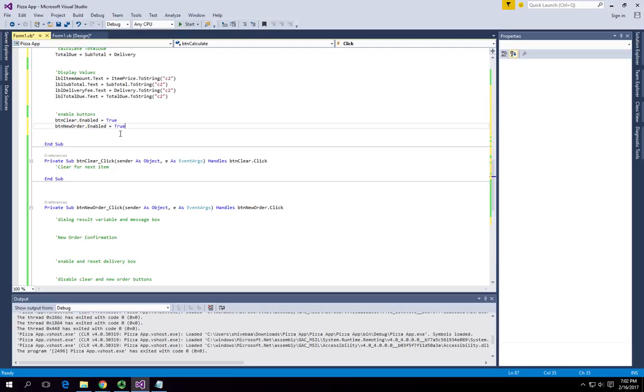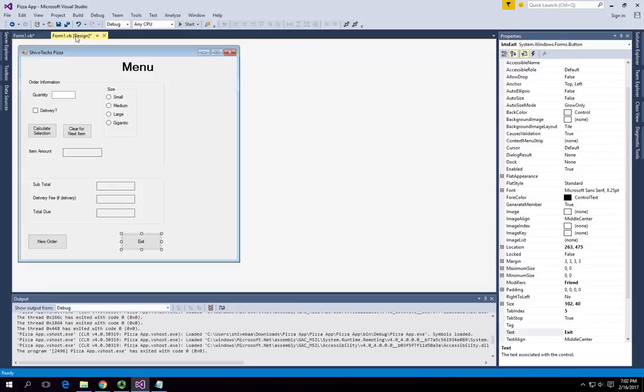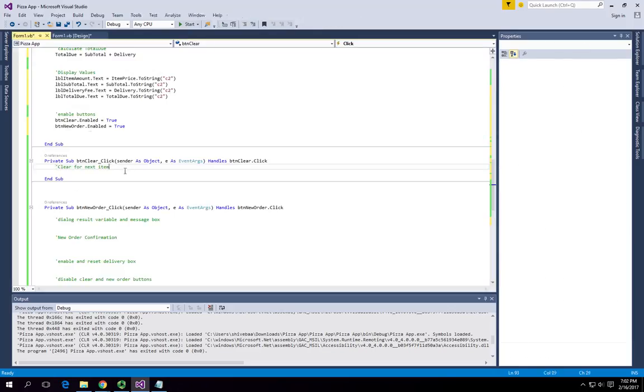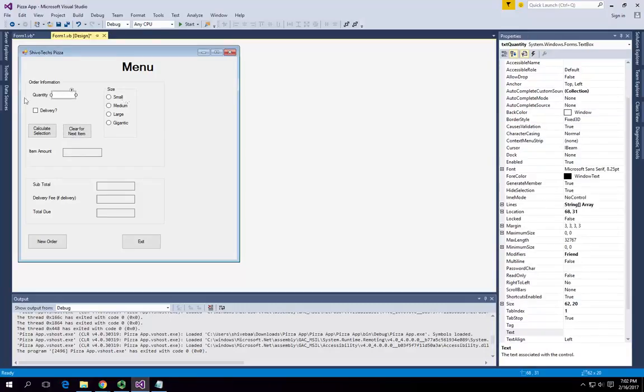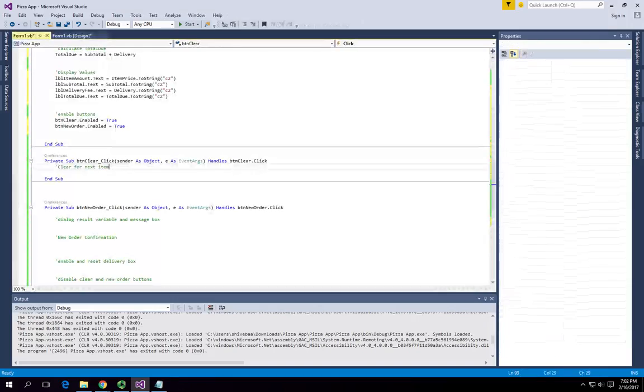All right, so the next button we're going to do is this clear button right here. What this does is clear for the next item. So say you put a quantity of 1, and you put a small pizza, and the item amount would be $10. So you would put that one in there, and you want to clear for the next item, to order a medium pizza as well. So what we're going to do is just clear the